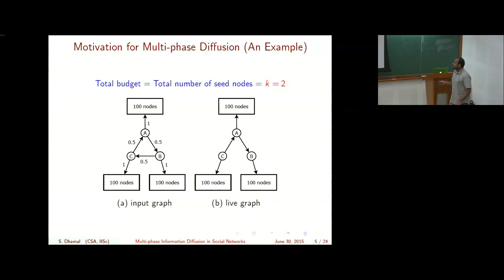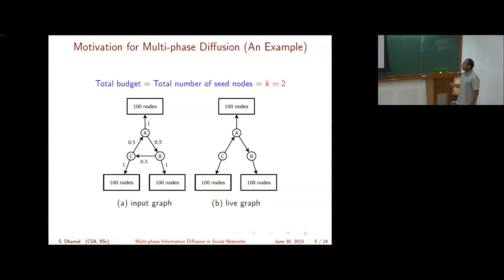Okay, so again, there is something called a live graph. What it means is that it's a graph that is achieved by coin tossing based on these particular probabilities. So this particular edge will be present in the live graph with probability 0.5, this particular edge with probability 1, and so on. If node B gets activated, we cannot assure that node C is going to get activated, but it's going to get activated with probability 0.5. So this is what is captured in this particular live graph. So it's some kind of a reachability graph.